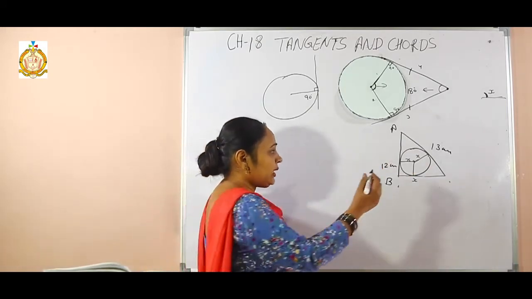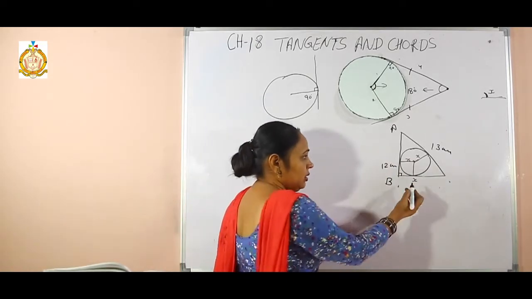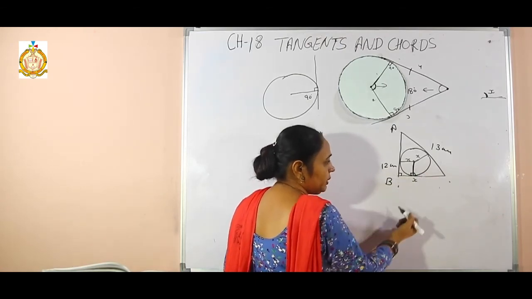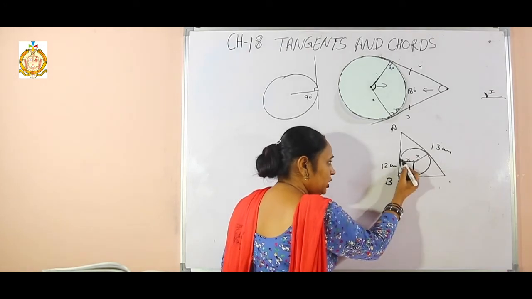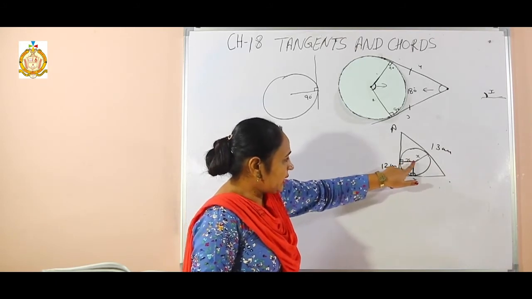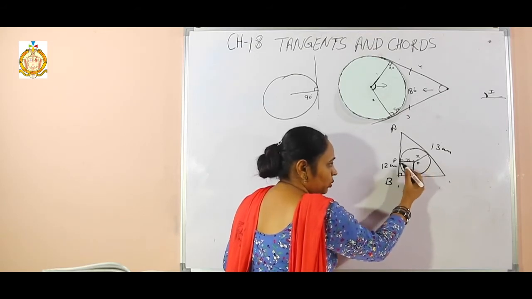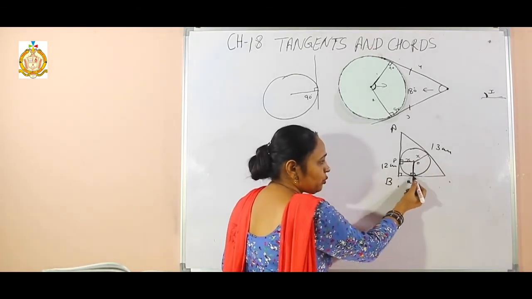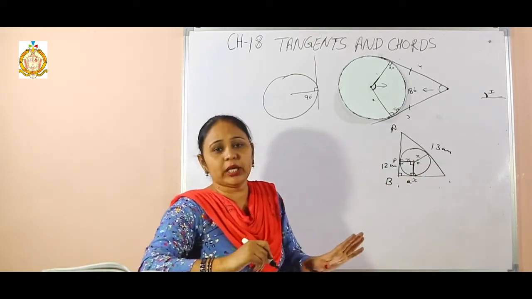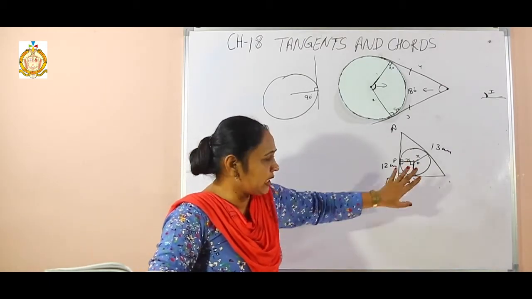Now see, I know that there is an angle of 90 degrees. That is given in the statement. Again, the radius is perpendicular to the tangent, so again 90 degrees will be there. In this quadrilateral, if I give names P, Q, O, B, three angles are 90 degrees. That means the fourth also will be 90 degrees. In a quadrilateral, if three are 90, the sum is 360, so the fourth will already be 90. So that's why we took 90 here.